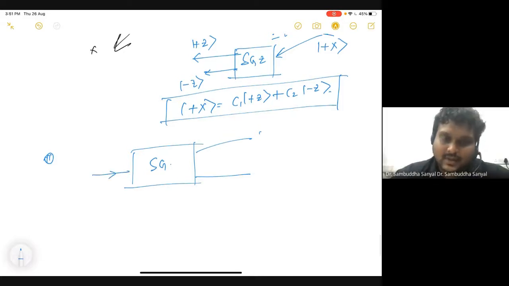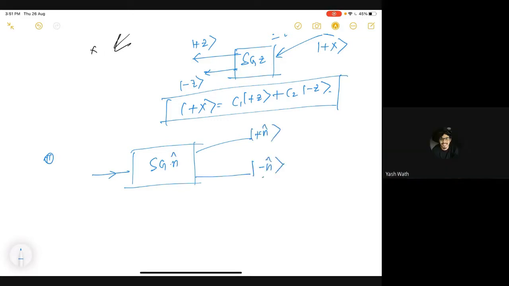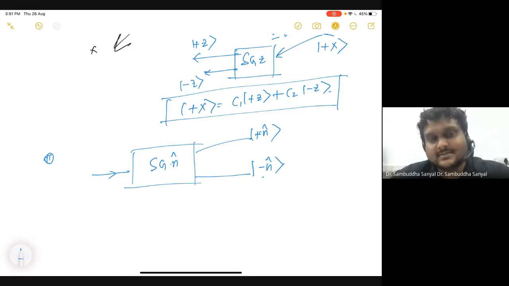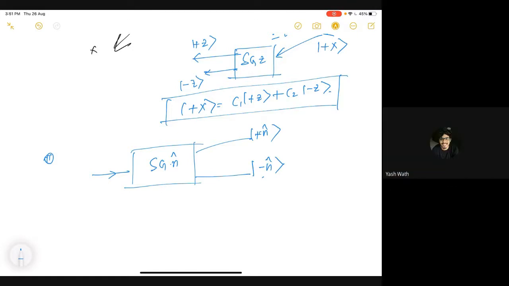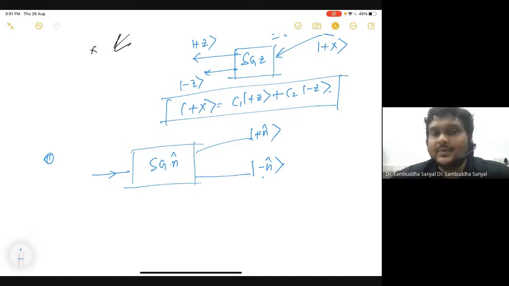If it is some n, you get plus n and minus n. So my question is, does this device, in an arbitrary direction, separate the electrons or does it rotate the electron? No, it doesn't. The only way to understand this is by saying that an electron is a superposition of any arbitrary two spin states, and when you do a measurement which projects on one of these two, it will project on that state.